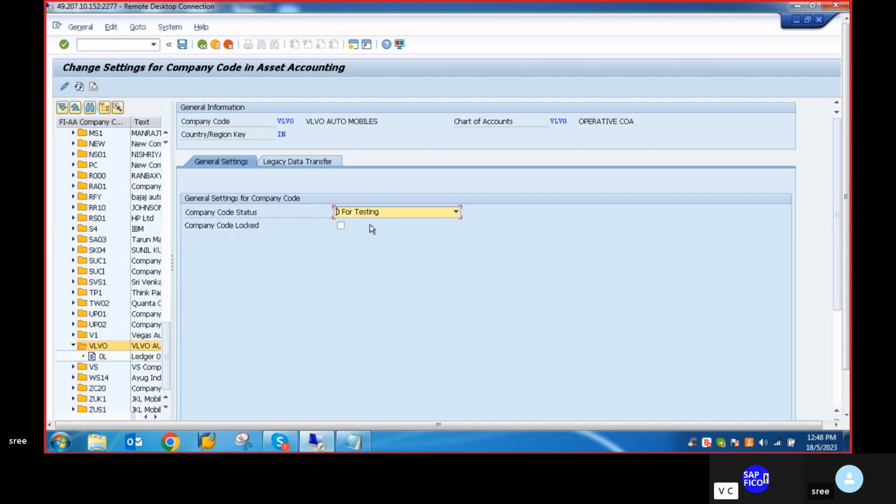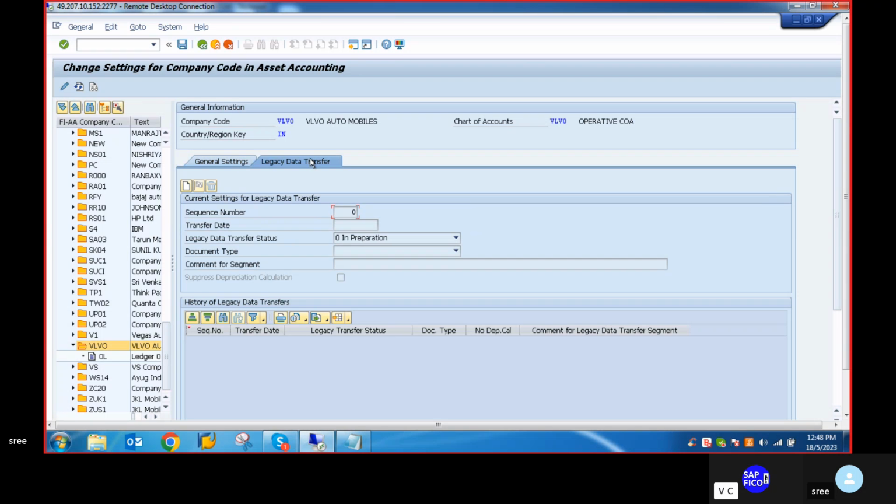Okay, then you can see the general settings, and after that you do have the legacy data transfer tab. Go to this legacy data transfer tab, and what we need to do is click on this create legacy data transfer segment, and there is a yes. So suppress fields will be opened when you click on this create option. Okay, so in the transfer date field, what you need to do,